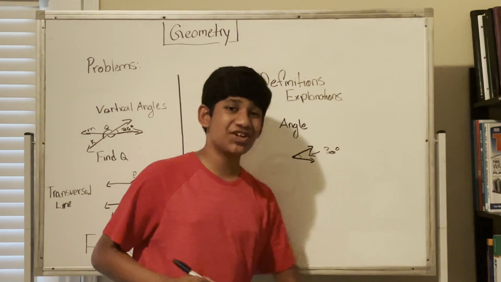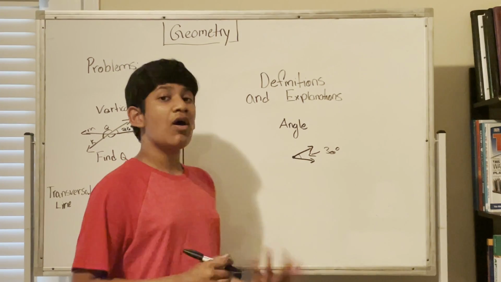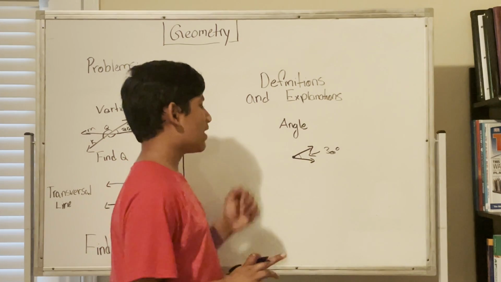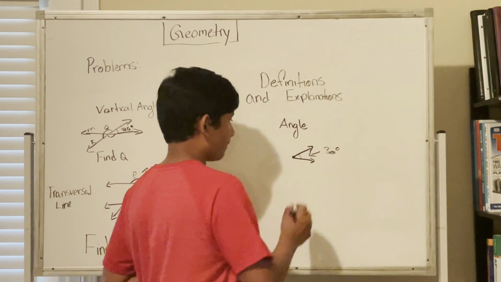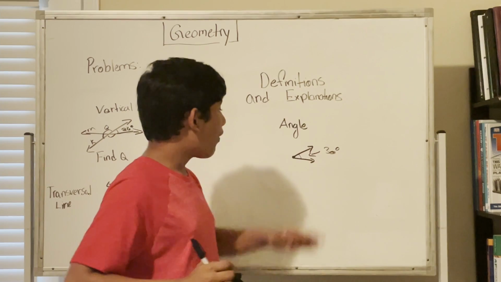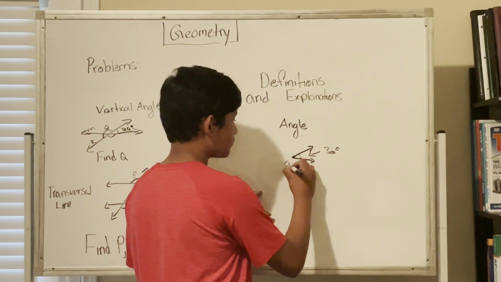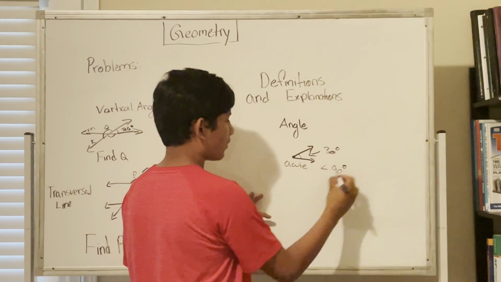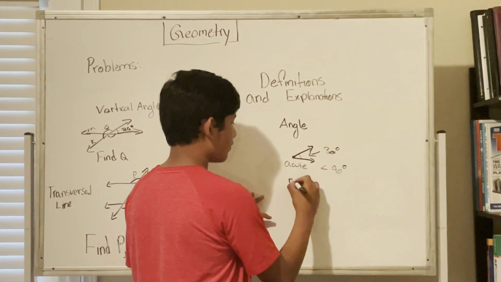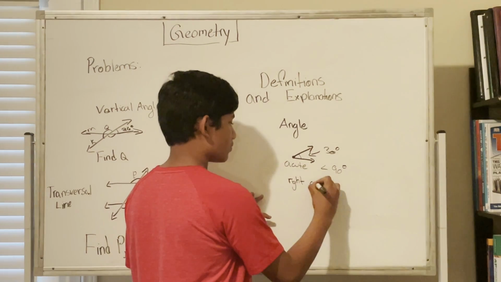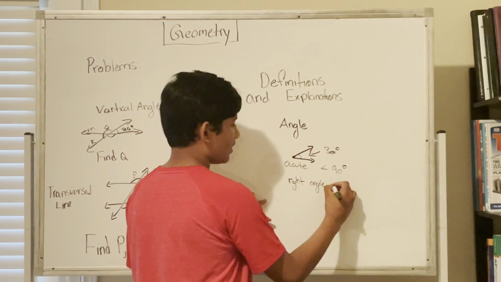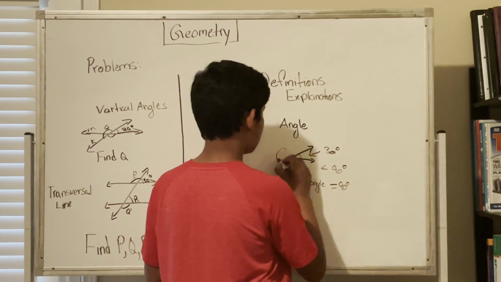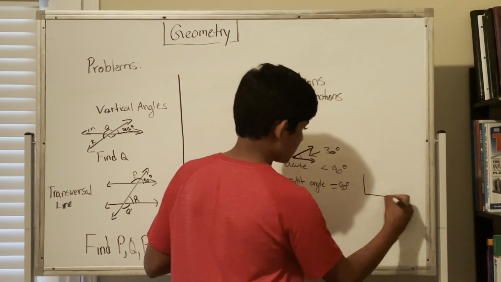We can measure angles in degrees and or radians, but right now in geometry we're going to just be using, for example, degrees. Okay, so we have a 30 degree angle over here. Degrees just measure how big the angle is. So this angle is acute because it's smaller than 90 degrees. A right angle is equal to 90 degrees. So, and this is acute. Right is like this.